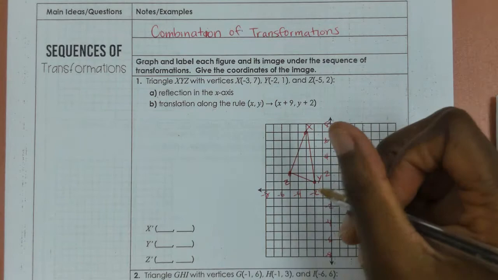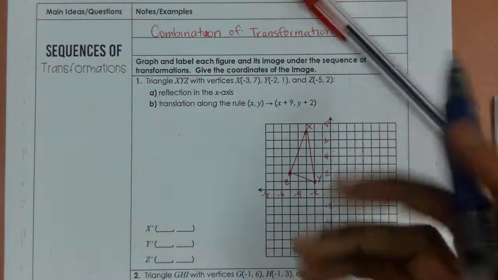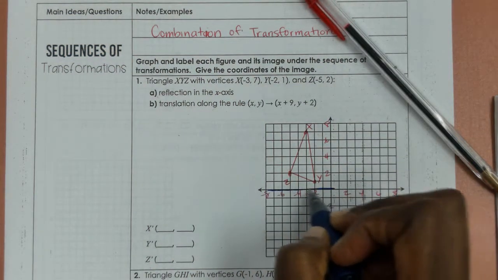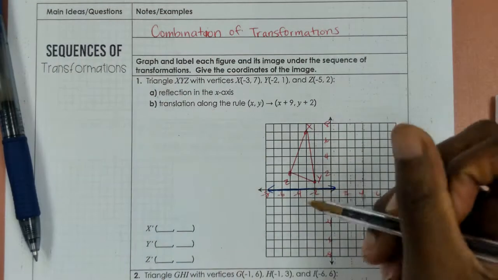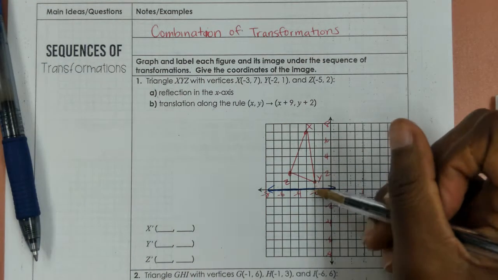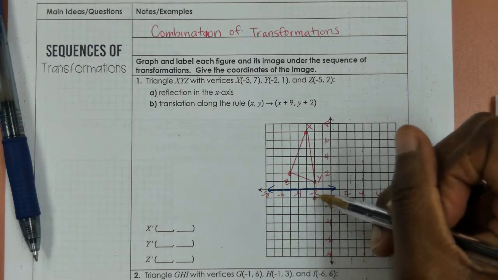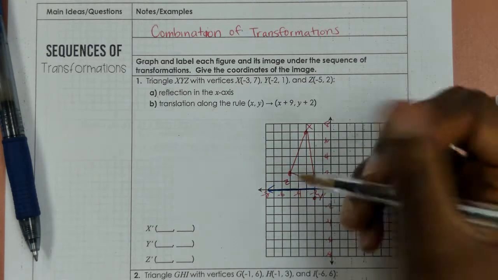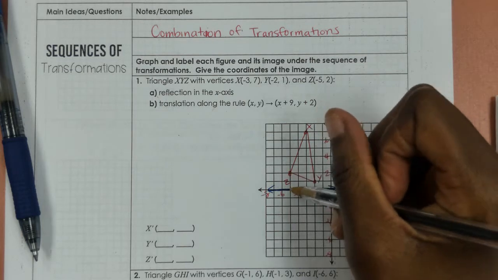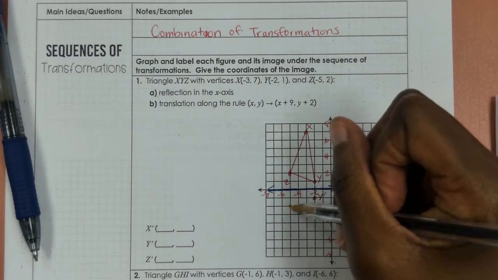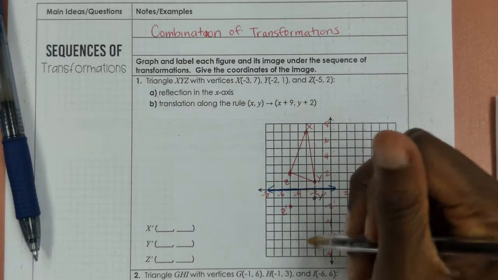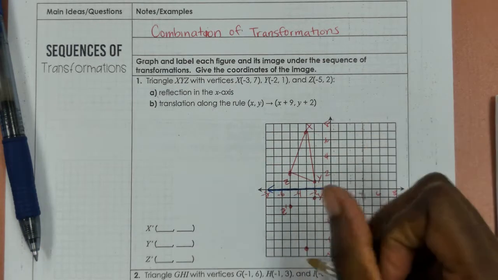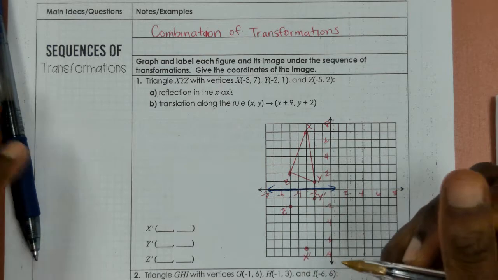So really what that means is everything is a certain distance from the line of reflection, and we want to mirror that. So y is 1 unit above the line of reflection, so we want to go 1 unit below the line of reflection for y prime. Z is 2 units above, so we want to go 2 units below, and z prime will be here. And then x is 7 units above, so I go to -7 below. Okay, so those are my